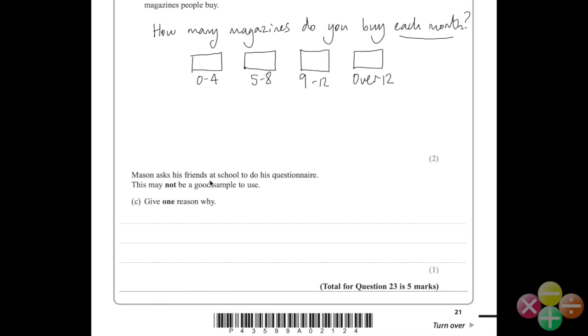Mason asks his friend at school to do his questionnaire. This may not be a good sample to use. Give one reason why. Okay, well they're all focused around the fact that his sample is biased. And what exactly does that mean? Well, it means that it isn't a good sample to use because 1, the sample